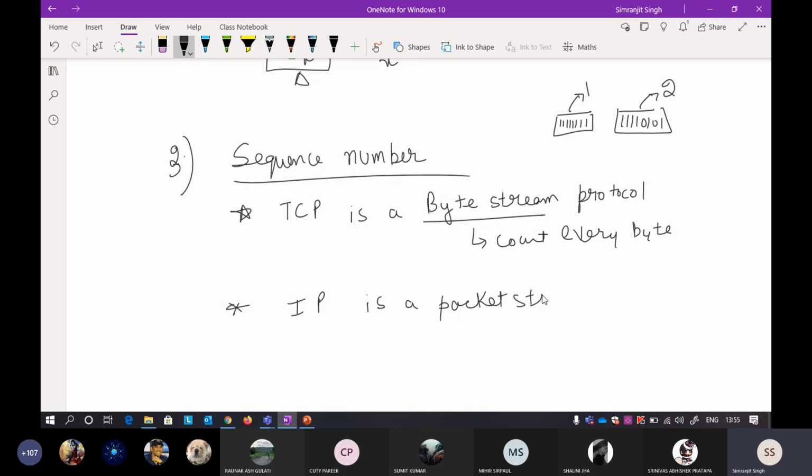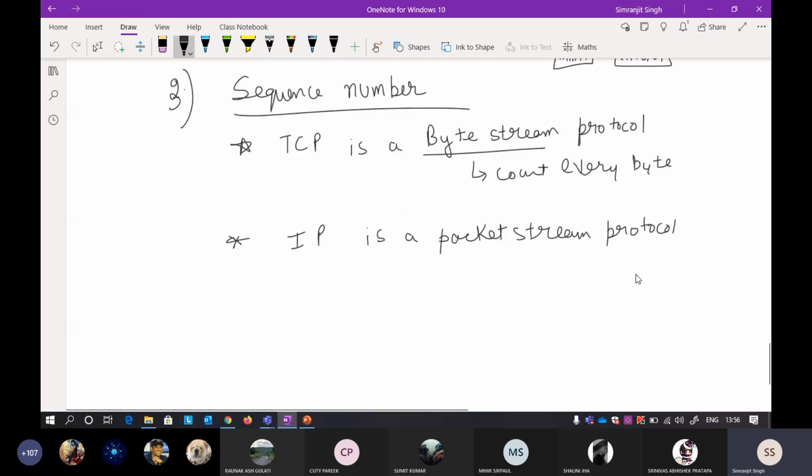Packet stream means it just divides the packet and numbers the packet according to that. Whatever is in the packet, the packet can be 180 bits, 120 bits. Another thing is your DLL, the data link layer. It is actually a bit stream protocol. Bit streams come under HDLC, so it is not in your syllabus and we will not discuss that, but still understand.